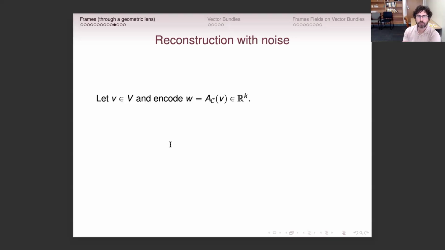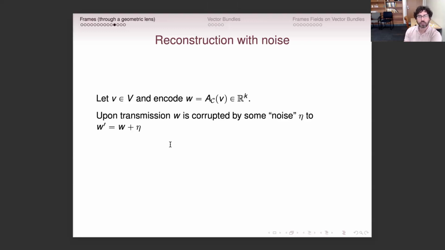So let's say that I have a vector and I use the analysis operator to encode it into a list of numbers. And then I want to call you up and tell you what vector I'm thinking about. But we're talking on a bit of a noisy line. And so when I tell you the numbers that I use to encode it, they get corrupted a little bit by some noise that I'm going to call eta. Then when I start trying to do recovery, I'm going to be applying the Moore-Penrose pseudo-inverse to